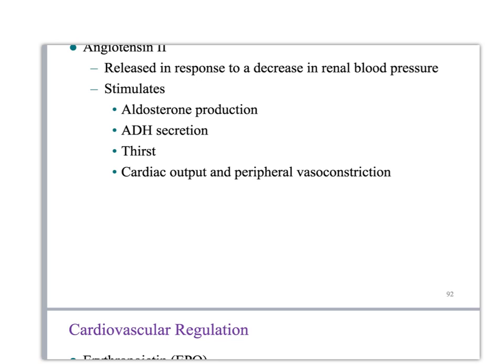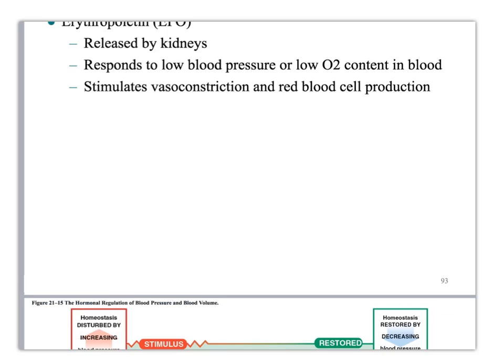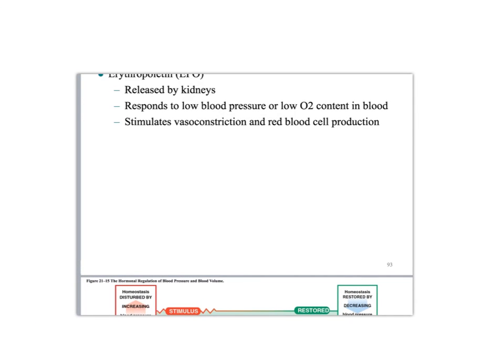So when this angiotensin is produced, then we'll also get the production of aldosterone, more ADH secretion. We'll be thirsty. So if the renal blood pressure drops, we'll take action. The kidneys like to have a good high blood pressure, or they can't filter. If erythropoietin, EPO, is released by the kidneys, and it responds to low blood pressure or a low oxygen content, stimulates vasoconstriction,